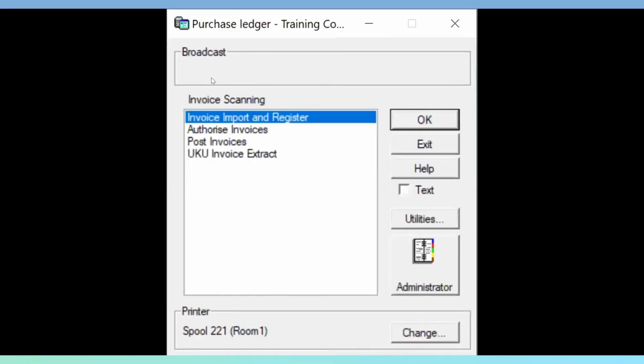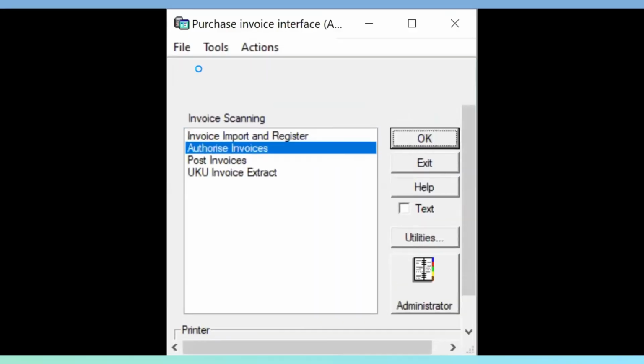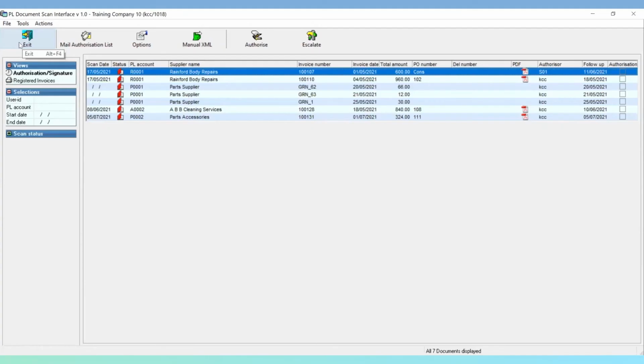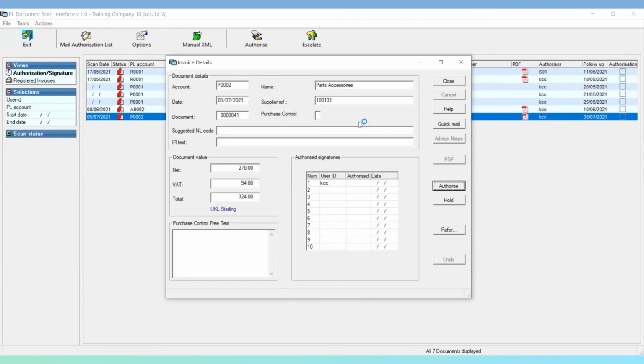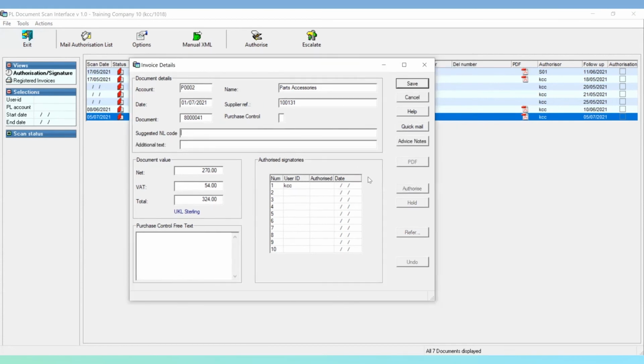So the line manager will come across to authorize this invoice. They come into the screen after entering their password, and we can see all the documents that are available for this line manager for processing. Just right-click to authorize the document. And what we can see here is that this screen will allow them to show a PDF, but I'm just going to authorize this particular document. I'm just going to suggest the NL code. You can add some additional text in,